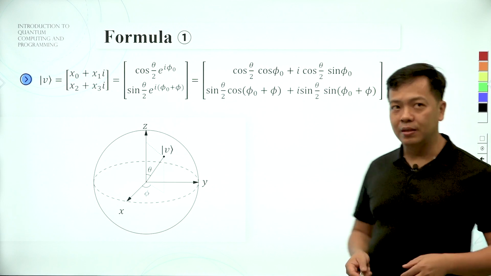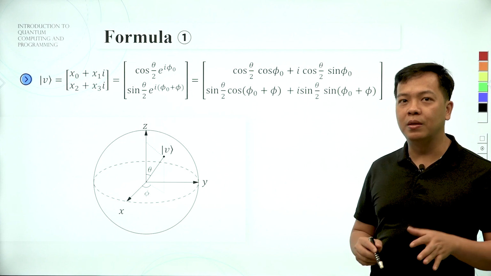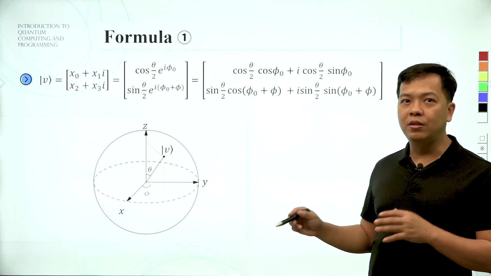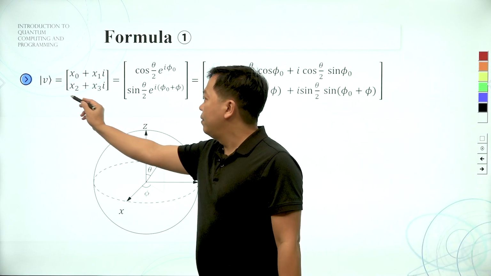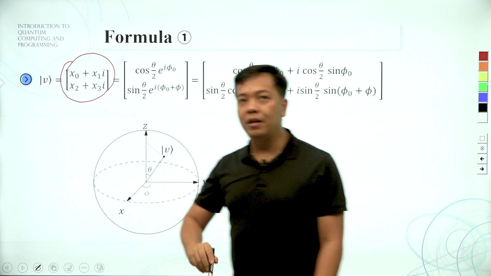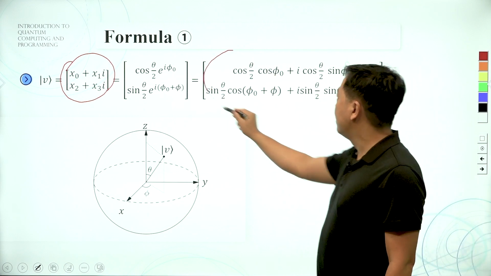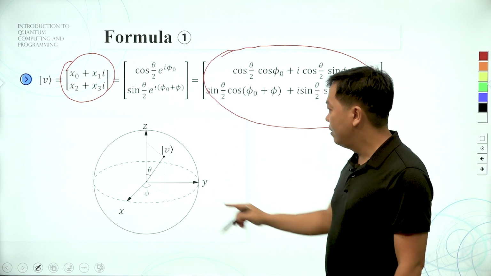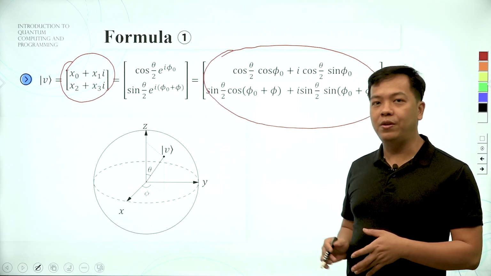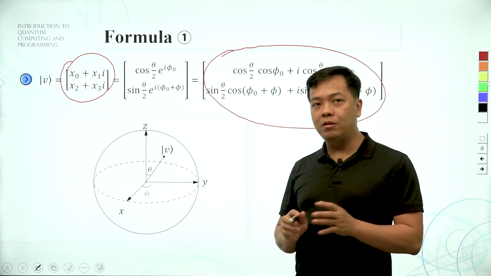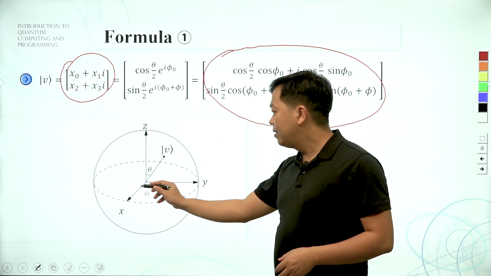Our previous lesson already covered how we transfer between the complex vector and the quantum space. For example, we have a complex vector, and after we transform to the quantum space, we have an angle. You can represent the quantum vector on the Bloch sphere, and you only need two angles, theta and phi.